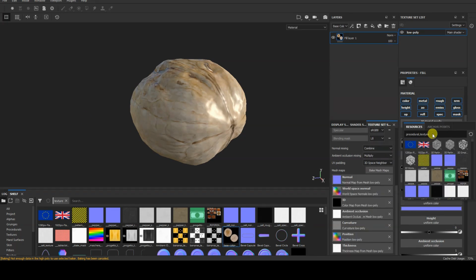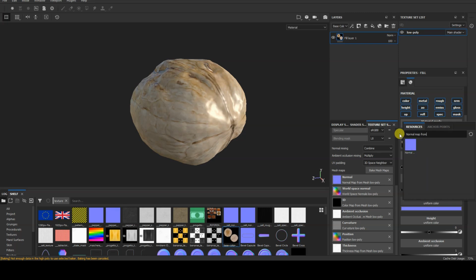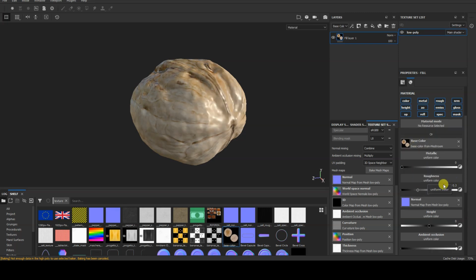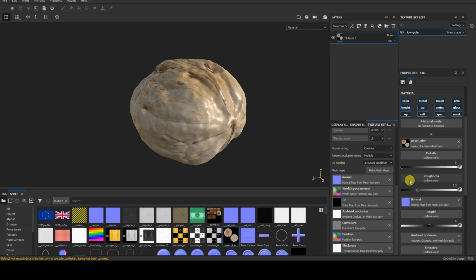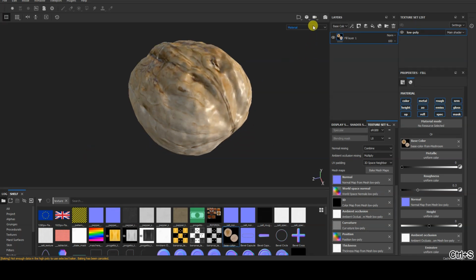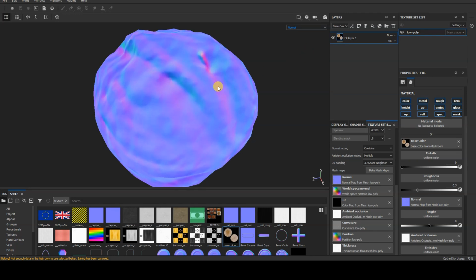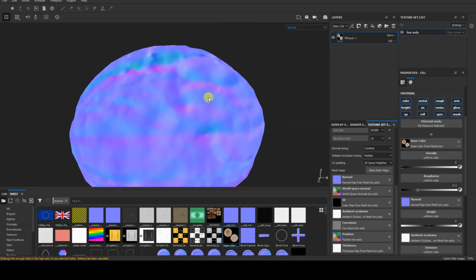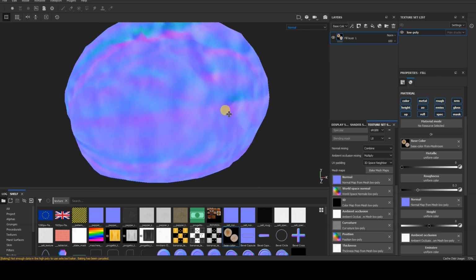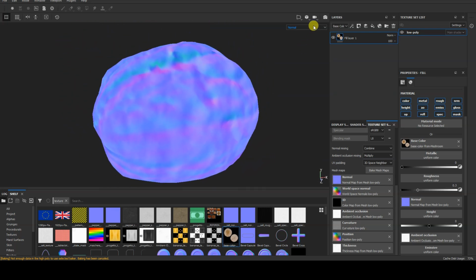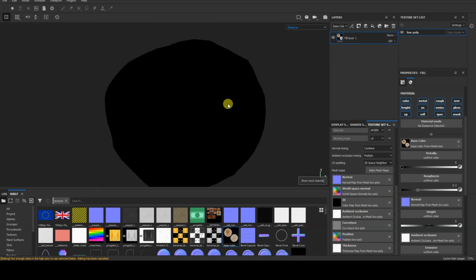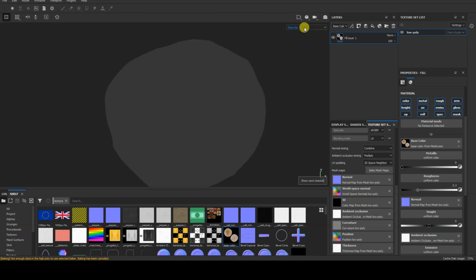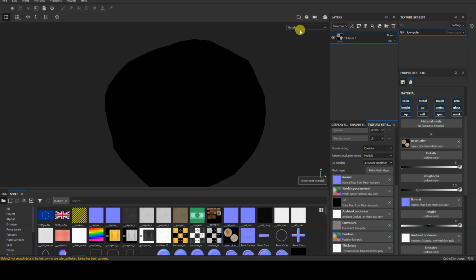I assign the normal map obtained to the normal field of the fill layer. I perform the same operation for the ambient occlusion map in its corresponding field. The applied maps can be examined in the 3D view using the selector in the top right corner, or by repeatedly pressing the C key to cycle through the different maps. You can return to the material view by pressing M. The intensity of the normal map can be adjusted in Blender using the strength parameter in the normal map node.